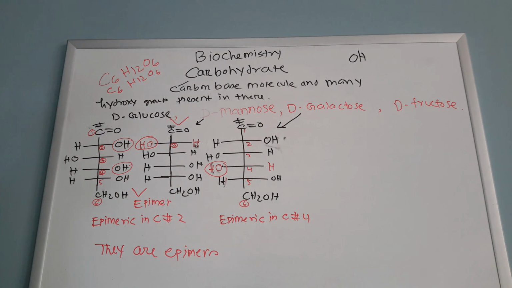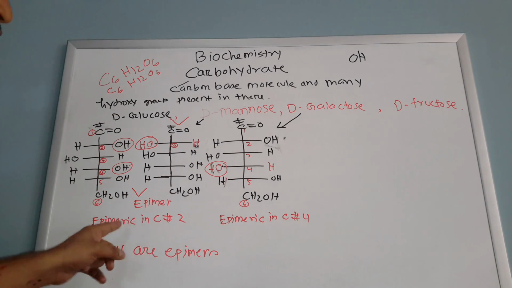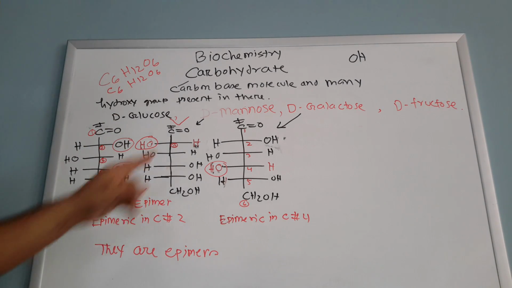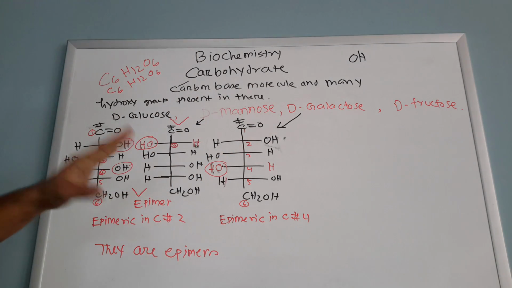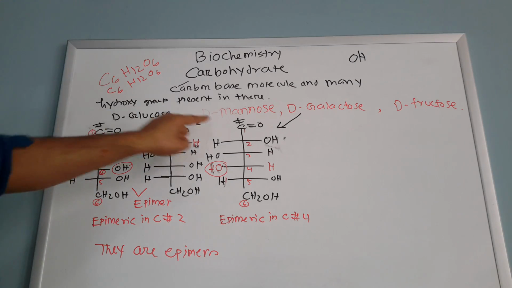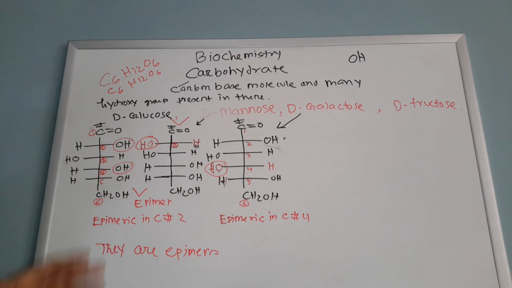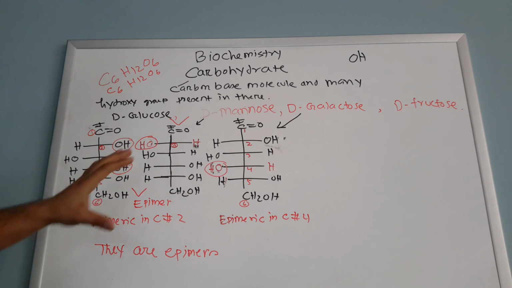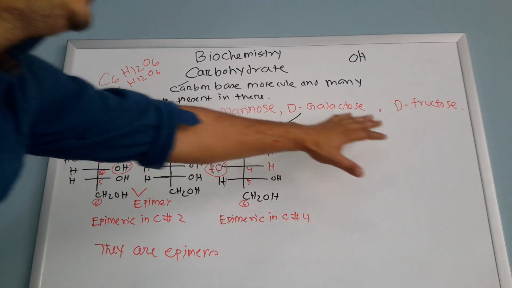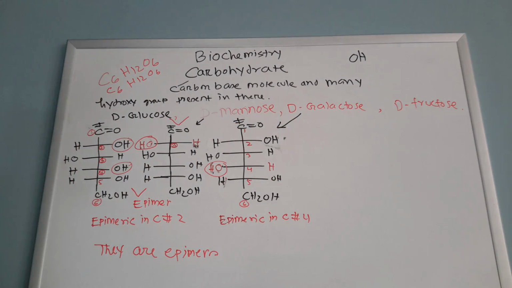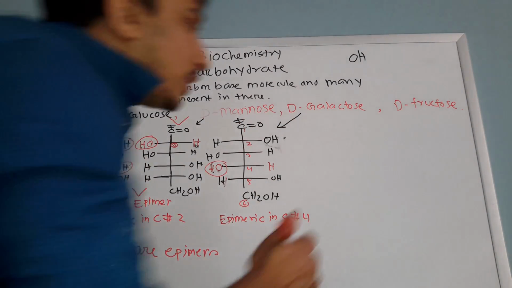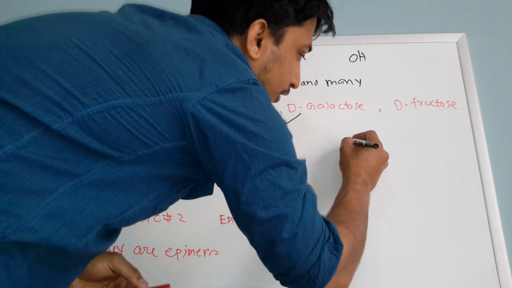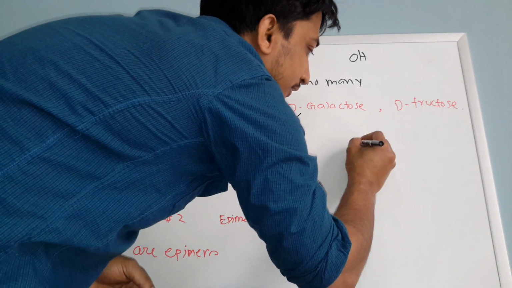Right now, I will draw D-fructose for you. But remember, D-fructose is not an epimer. Also, one more thing: D-glucose, D-mannose and D-galactose have a lot of asymmetrical carbons, but D-fructose has fewer asymmetrical carbons. So I'll draw the D-fructose for you. How can you draw D-fructose? You know D-fructose is going to be